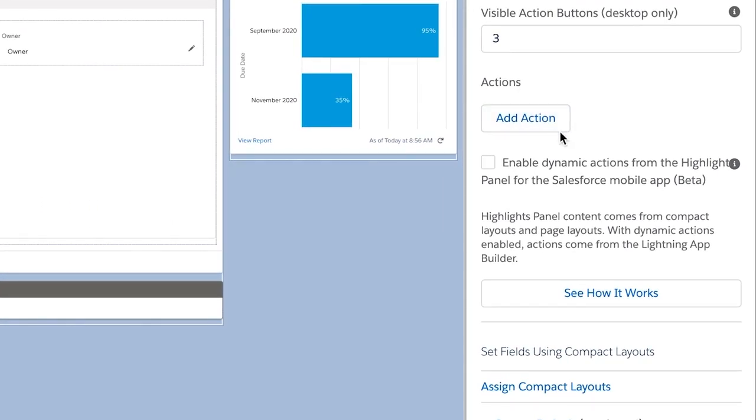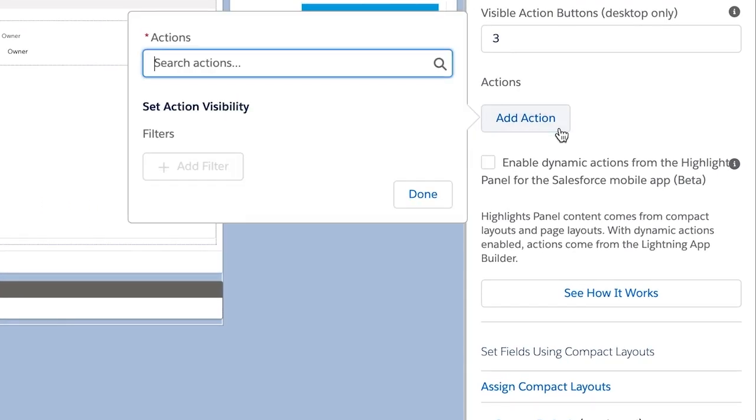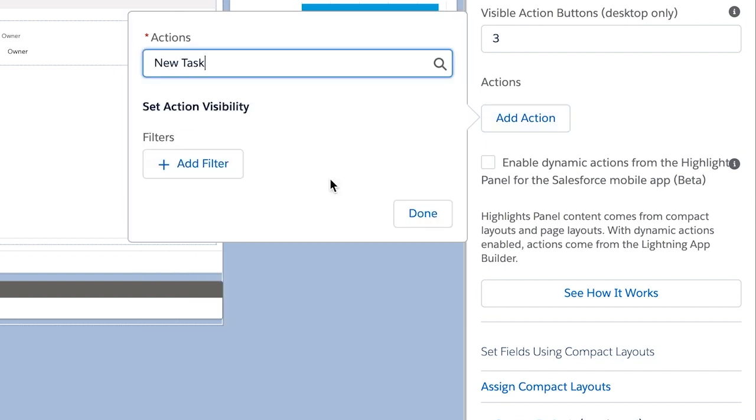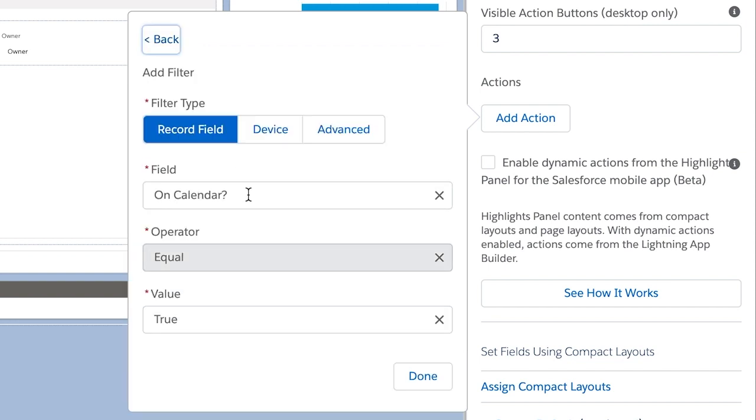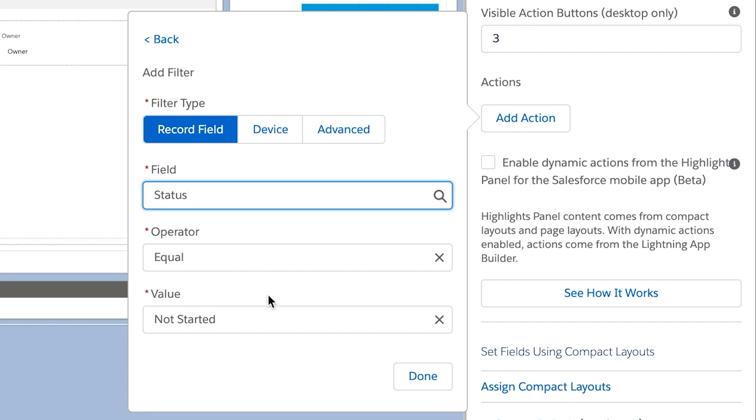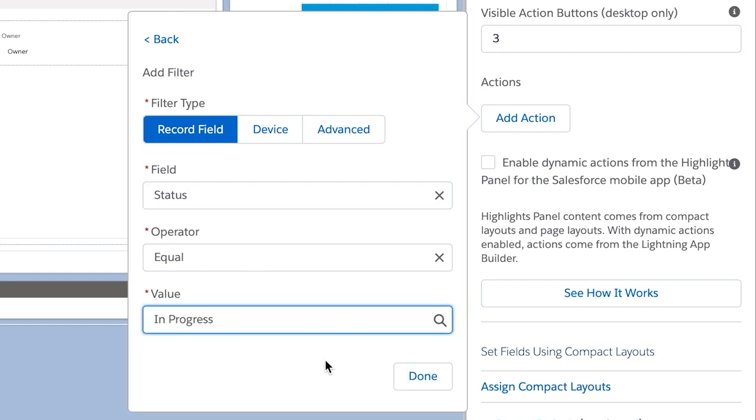Now, this is great because I can add any existing action. I can also add actions that I have built. There's a migration wizard that'll help you actually do that. Now, here's where the dynamic piece comes in. I can add a filter so that I can have this action only display when, let's say, this project status is equal to in progress, because it doesn't make sense to add a new task if the project's completed or canceled. So I'm going to put that filter on there